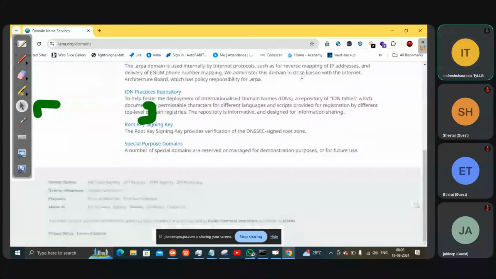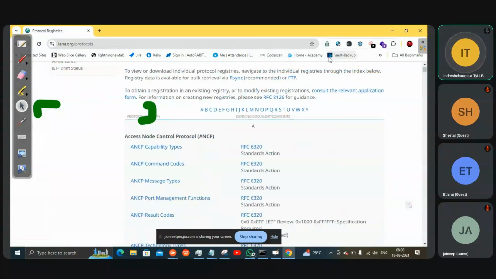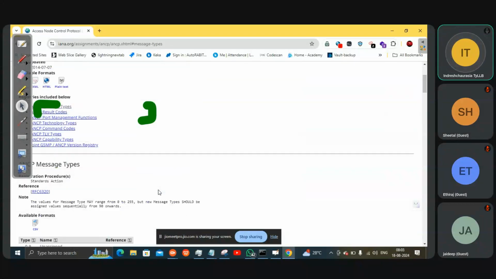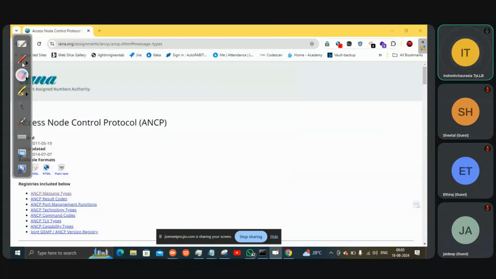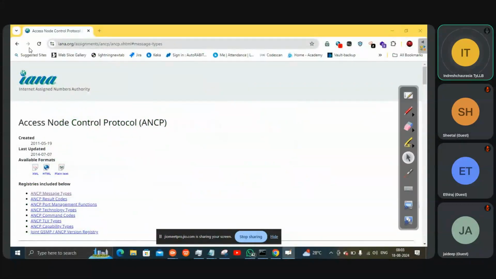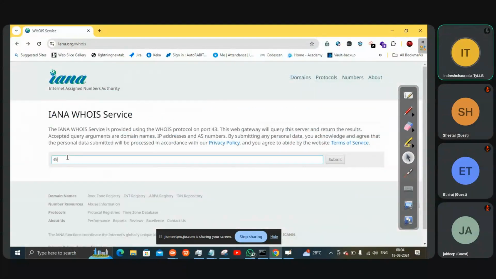This is the way they maintain the complete IP address list. Here you will find all the IP addresses and to whom they are assigned. If you put in your IP address, it will give you the details.